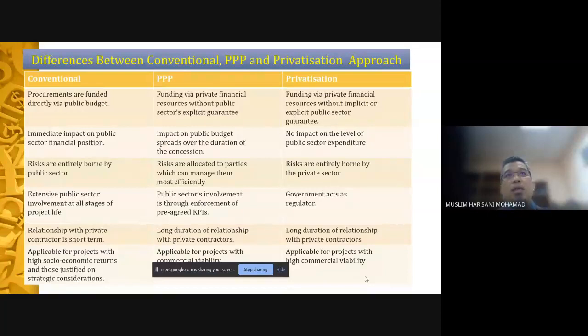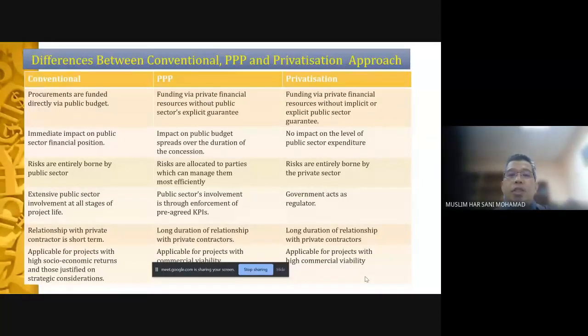Because government facility resources or budget is limited. You know that mostly the development budget is like 10 to 20% of the total budget. And then of course there is another mechanism, the use of PPP, also because of the massive capital expenditures. Later we'll see an example of oil and gas. The government cannot afford to share even at the beginning of it.